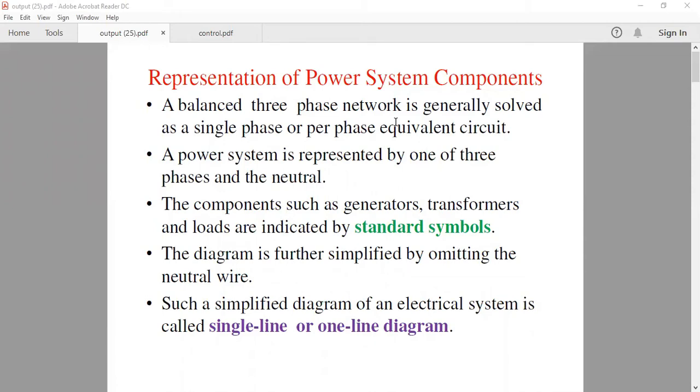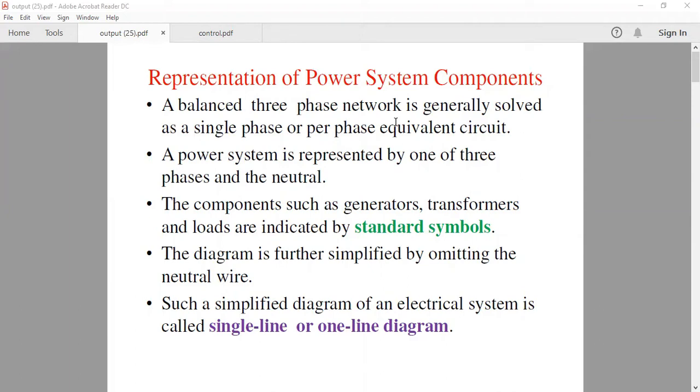In Power System 2, we have discussed all these aspects of representation techniques. So once again, we are taking an overview of all these things. In that, we have seen the standard symbols for different components or elements of the power system. For example, most of the time we have referred to generators, transformers, transmission lines, load, etc.